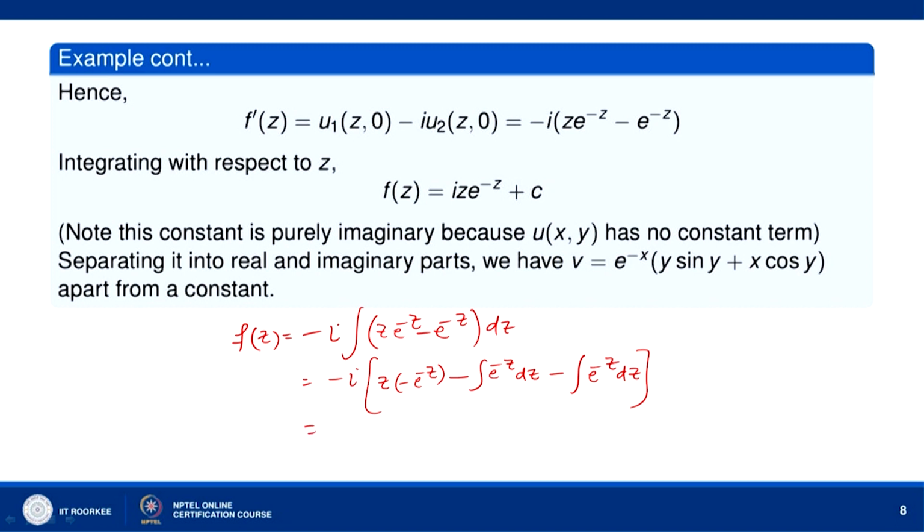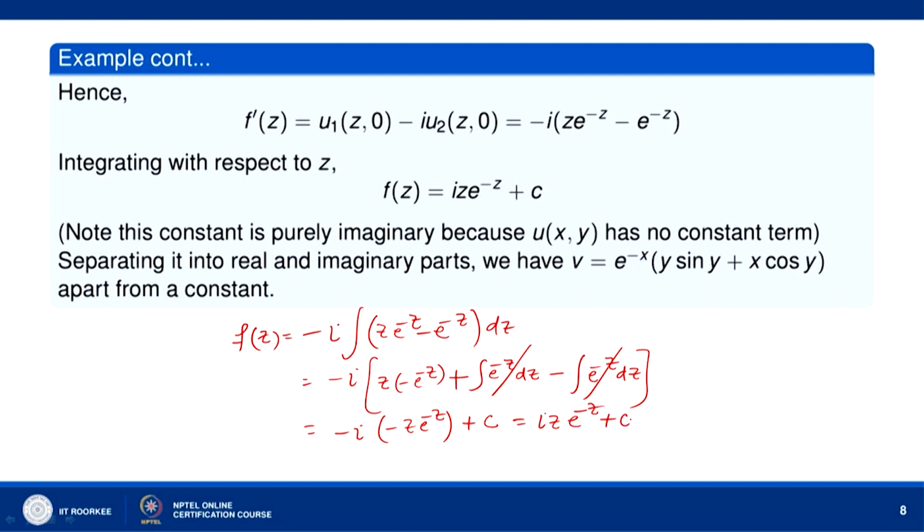Okay. So, this is minus I times minus z e to the power minus z. Okay. And here what we get when we integrate, this will be minus here. So, this will become plus when we put minus e to the power minus z, and this will cancel with this. Okay. So, this plus some constant. Okay. Now, what is it? I z times e to the power minus z plus some constant.